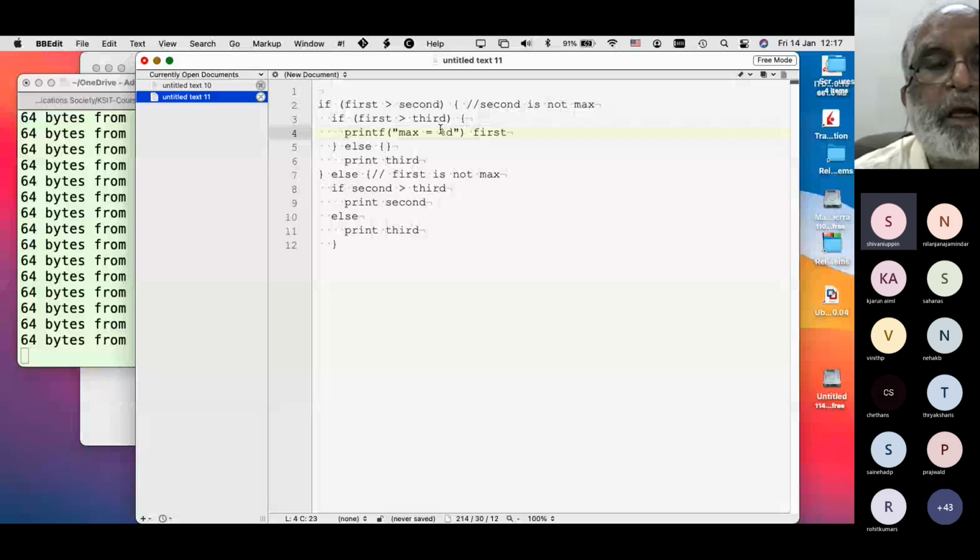Is this logic clear, or does somebody have a doubt about this logic?